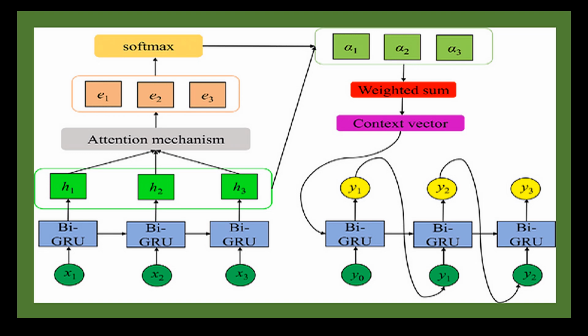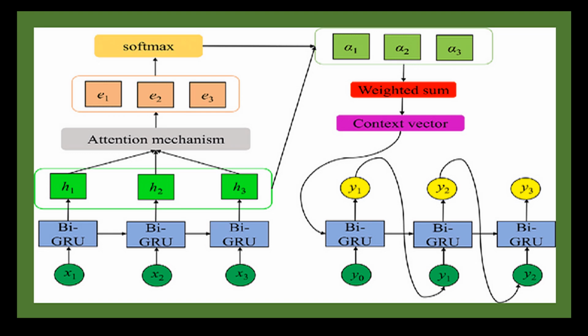Basically, an attention mechanism is a technique used in deep learning, particularly in sequence-to-sequence models, to allow the model to selectively focus on specific parts of the input sequence during the encoding and decoding process. It helps the model to better learn and utilize the relevant information in the input sequence, resulting in improved performance